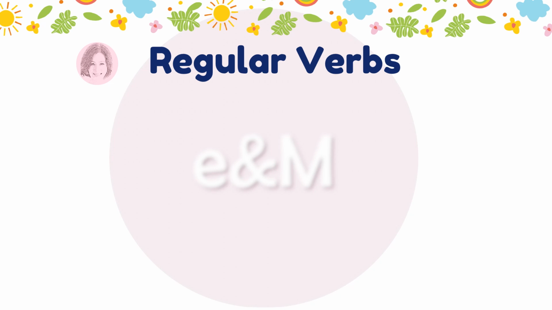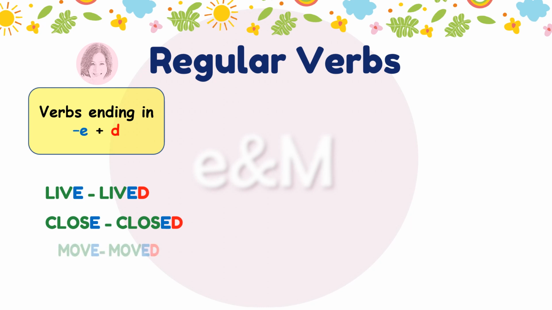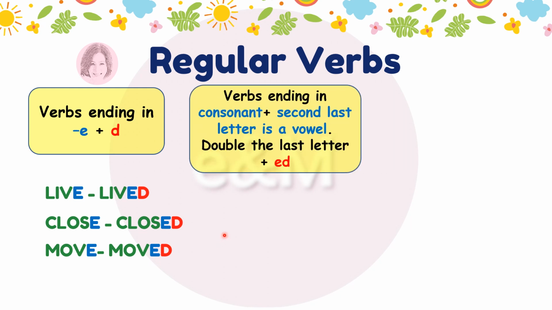Okay, now we need to pay extra attention to verbs that end in an e, such as leave, close, move. With these verbs, we just need to add a d to the verb. Okay? For verbs ending in a consonant and the second last letter is a, e, i, o, u, we just need to double the last letter and then add ed. For example, plan